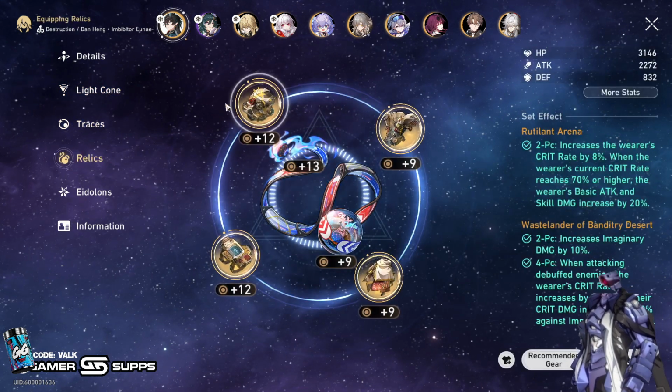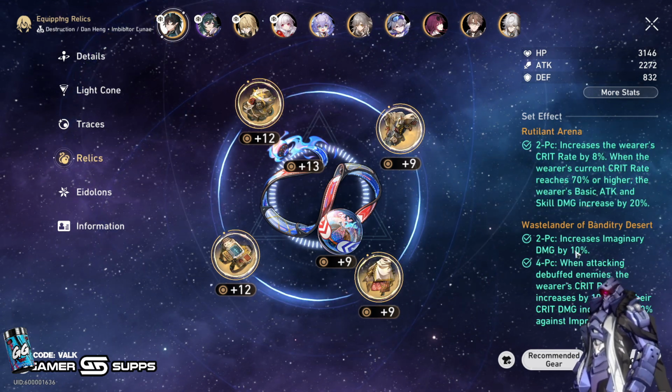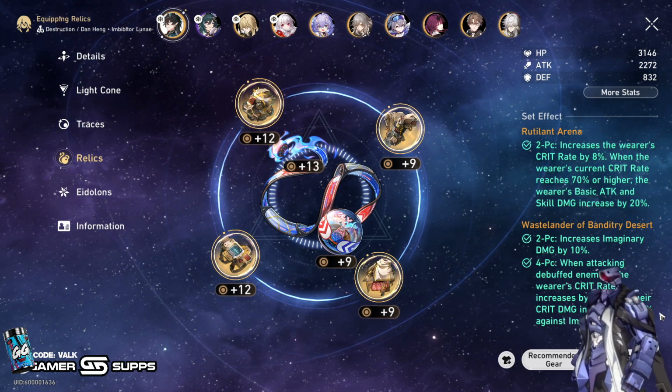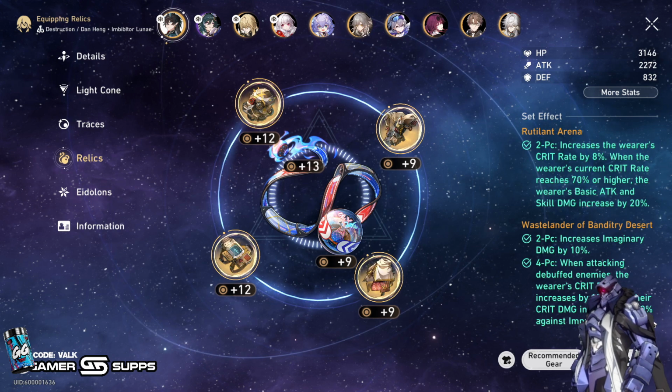And then as far as relics go, you can either run Musketeer, which I actually might swap him over to, or you can run Banditry of the Desert, because it increases imaginary damage when attacking debuffed enemies. The wearer's crit rate increases by 10%, and their crit damage increases by 20% against imprisoned enemies. So I really wasn't even making use of the 4-piece buff of this, so I might just swap him over